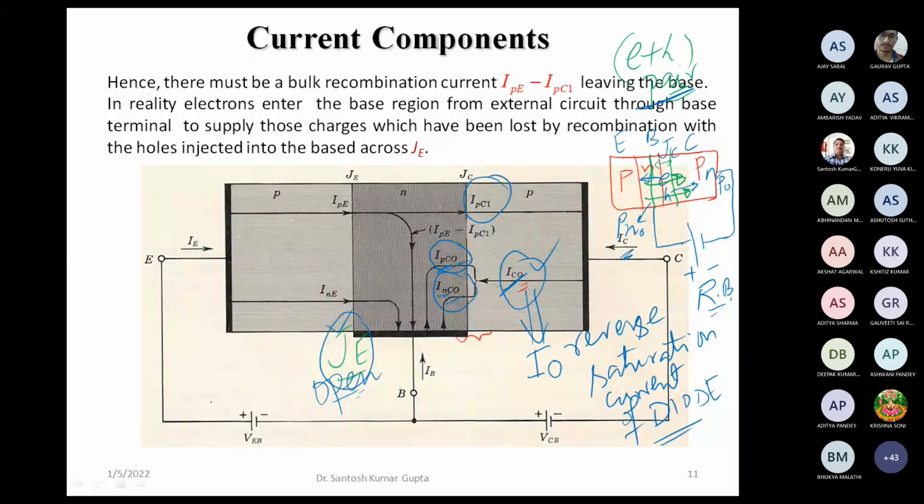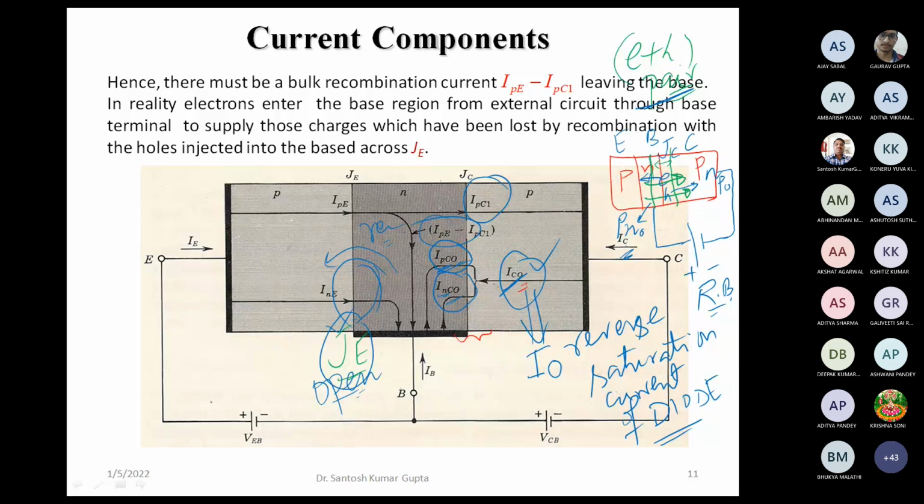which is being contributed by the injection of the charge carriers into the emitter from the base, and the current component which is resulting due to the recombination. So again the collector current is going to be smaller than the emitter current in any way. I hope that this discussion is clear enough. This is the very basis to understand the different current components inside the transistor.